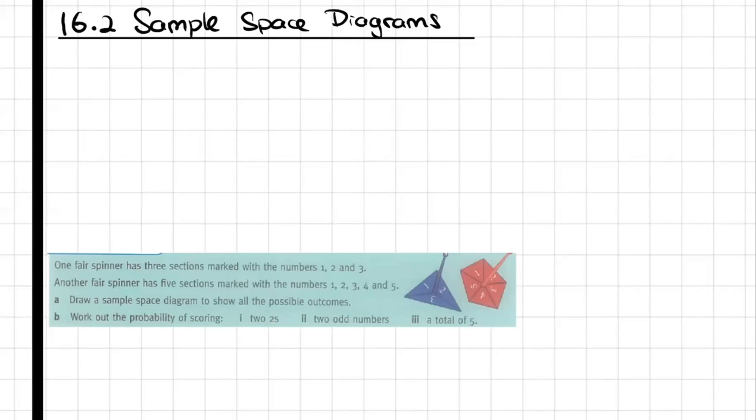Now let's look at 16.2, sample space diagram. So when do we use a sample space diagram? We normally use something called a sample space diagram when we are calculating outcomes of two different events that happen together. So the simple ones that we can do is, for example,